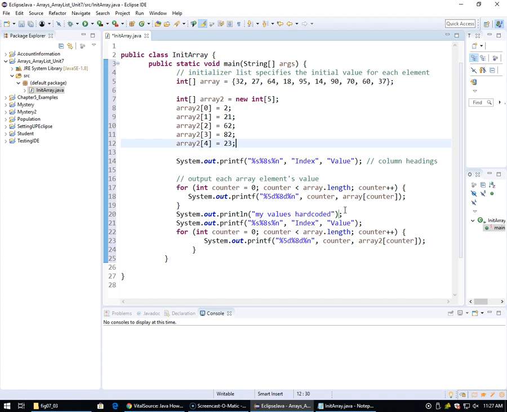Starts with 0, then comes over here: is counter 0 less than array.length? And array.length at this point is going to give you the value of 10. So all these spaces that you have, 1, 2, 3, about 10 of them. It's going to say, okay, this is going to be less than 10, and then I'm going to come in, System.out.printf